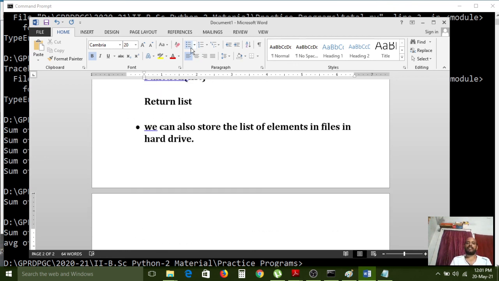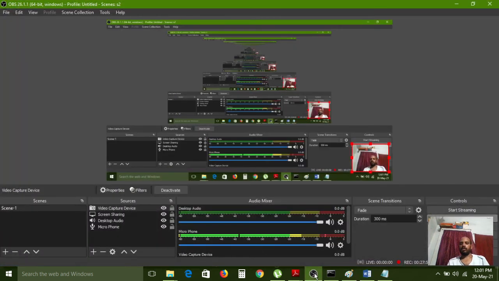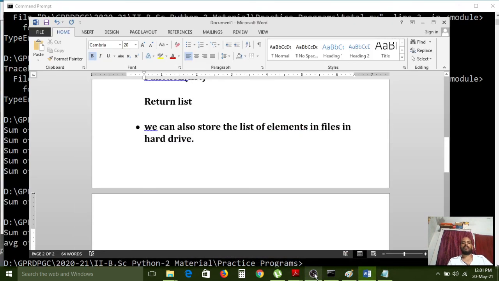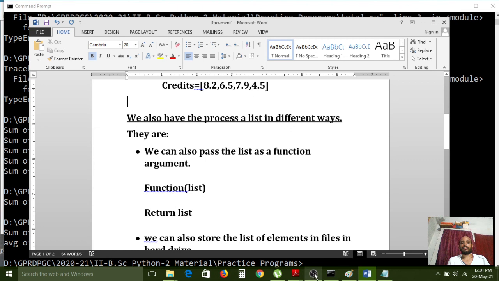Understand? Like that, we have to use the list to process our requirements in different ways. These are the many ways. We can also create the list. The first option is compulsory: if you have a list of items, we need to create the list. After that, if you want to calculate anything, we can use that related code. So while using that code, we can use the list. That list we can use.